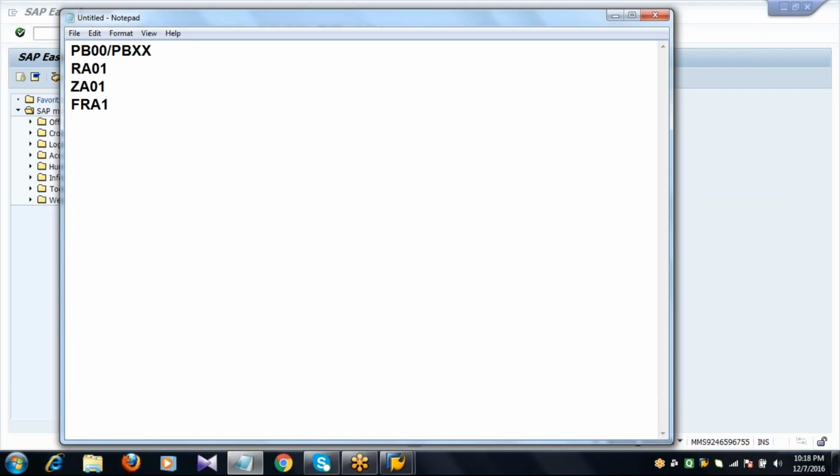So here what happened? The conditions are not the same for all the suppliers. So far, whenever you create an info record, purchase order, quotation, contract agreement, we followed the SAP given standard condition types for all the suppliers, whoever the supplier is. Now here, whenever you create a purchase order for a particular supplier,